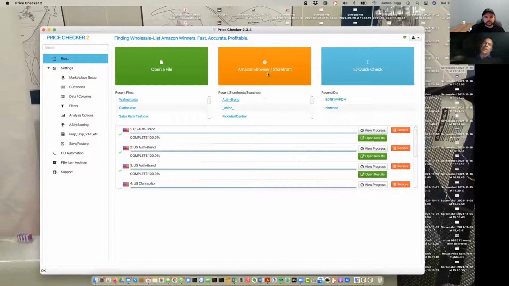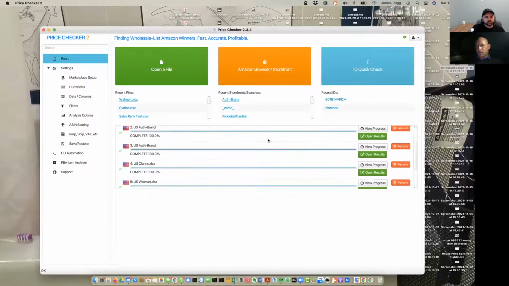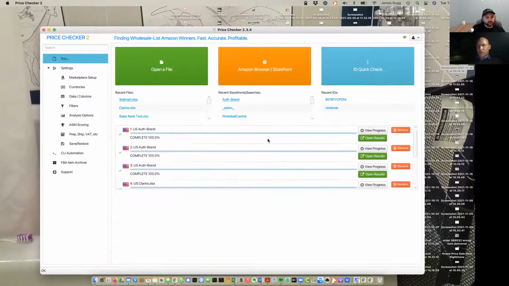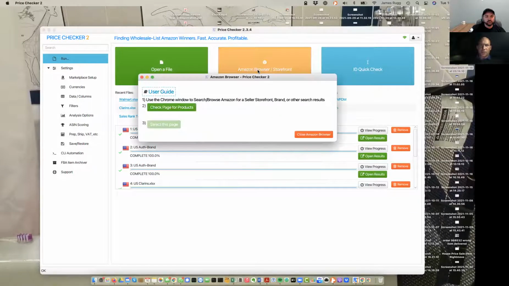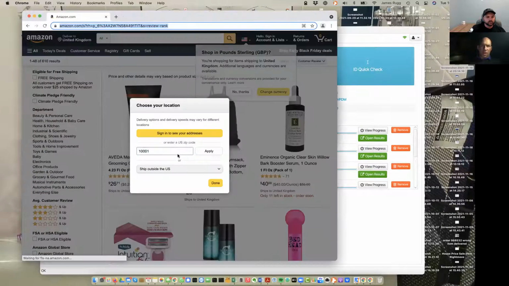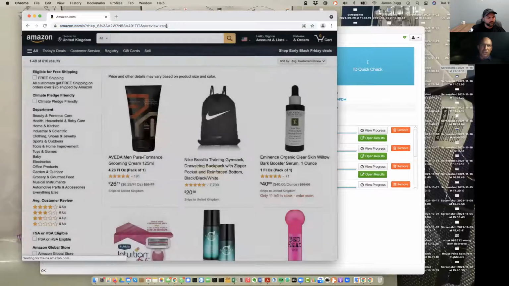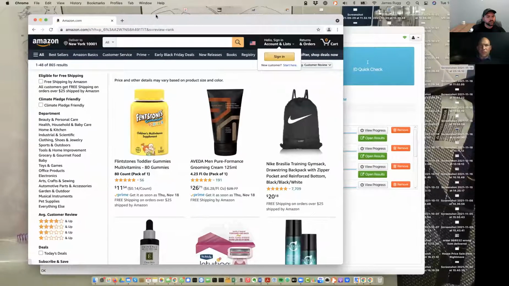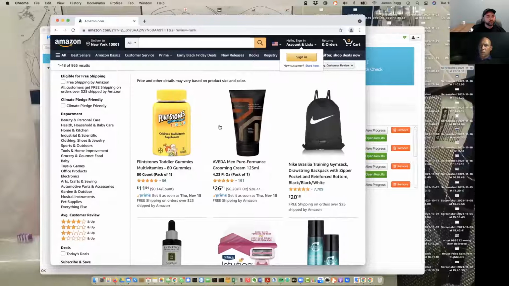Let me show you the second use case for Price Checker 2, which is within the Amazon browser or the storefront. And I've run some items through here already today. Let's see what's coming up. So I'm clicking the Amazon browser. It's opening a window, choosing my location, and I've got a storefront which